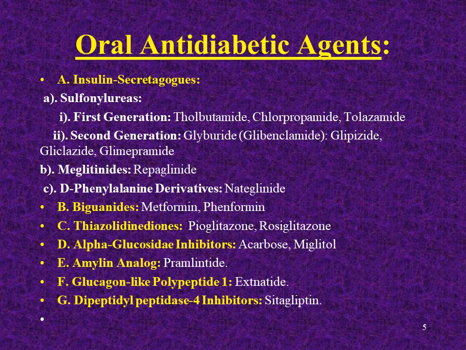We'll be taking these drug groups one by one. First of all, we will be covering insulin secretagogues. As you have seen the site of action of these drugs, they are basically targeting the pancreatic beta cells. They are causing the increased release, or secretion, of insulin. They are divided into generations. In the first generation, we have tolbutamide, chlorpropamide, tolazamide. In the second generation, we have all the drugs whose names start with G, like glyburide, also called glibenclamide, glipizide, gliclazide, and glimepiride. So with sulfonylureas, we'll be starting today's lecture.